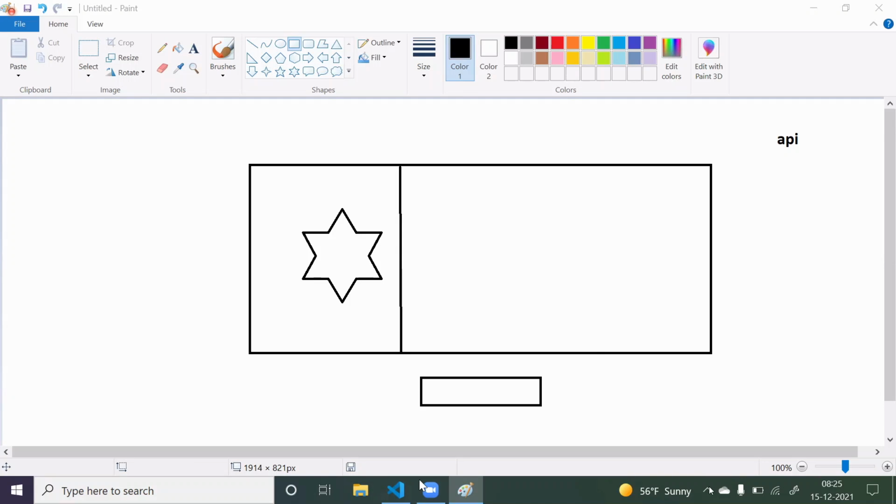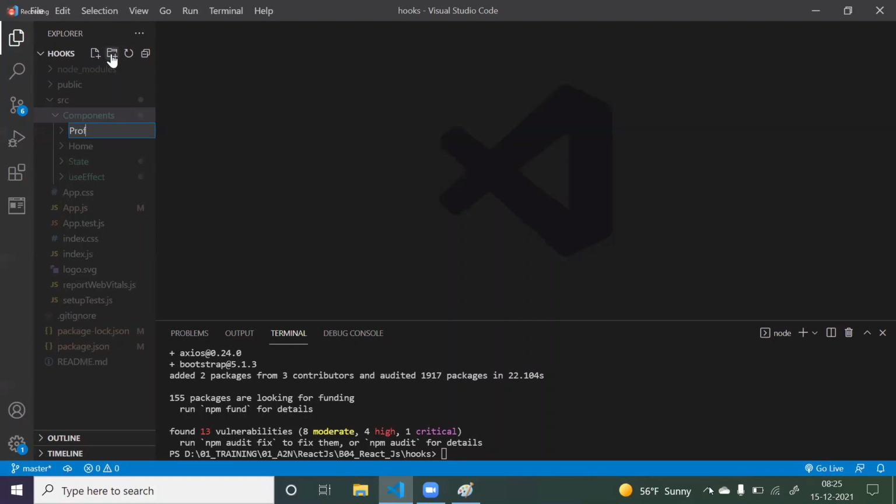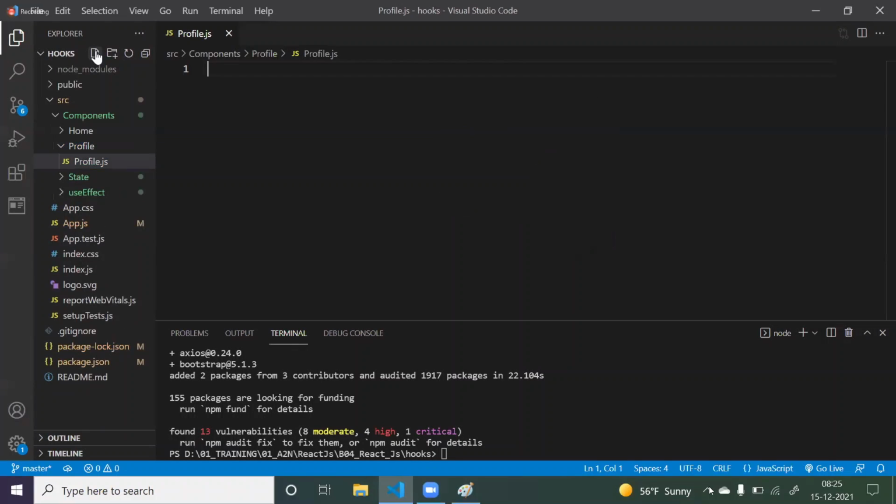So let's first create this kind of UI. Inside the components folder, I'm creating a profile folder, and in that, one profile.js. Now I want to create the component using the functional approach. So first import React.